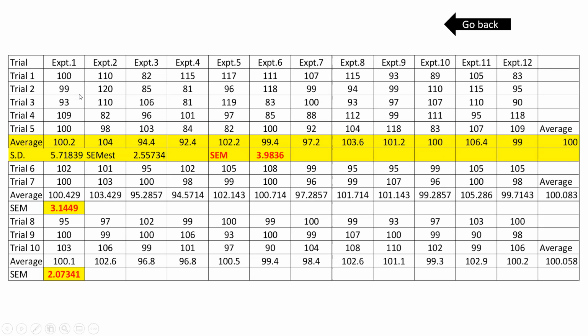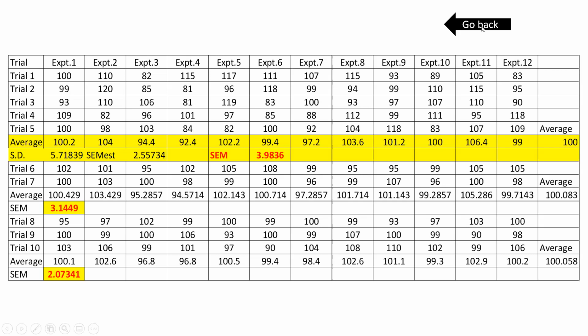Right? Now, what we are doing is I'm doing it a dozen times and finding out the average of averages, 100. And the standard error of the averages, I can find out because you know the formula for standard deviation, right? Deviation of this from the mean, square it, sum it, divide by number of terms minus 1. But if I increase the number of trials, you can see here, the average remains the same, only a bit changes, but the standard error decreases. If I double the number of trials, it decreases further. So the standard error of mean decreases and we get an accuracy.